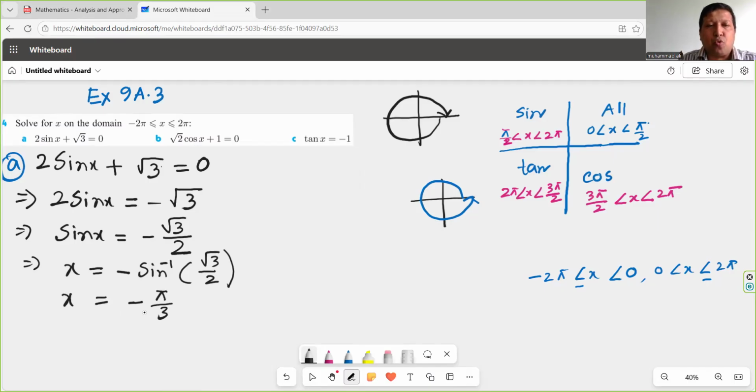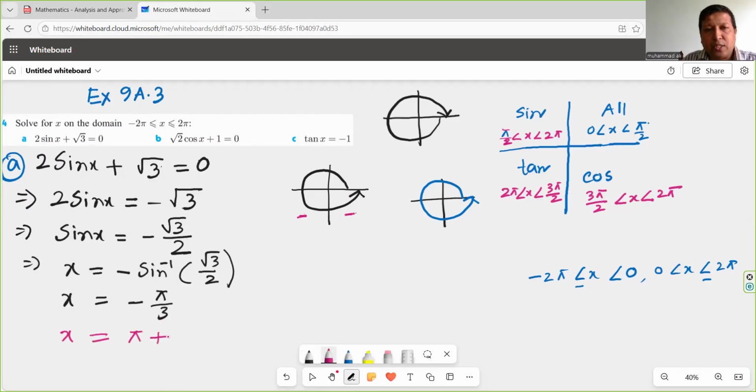So x equals minus pi by 3. This minus indicates that you will search where sine is negative. When you move anti-clockwise, sine is negative in the third quadrant and fourth quadrant. But you have to write the answer in the positive way, because you are considering anti-clockwise 0 to 2 pi. So now, if I want the result in the third quadrant and fourth quadrant, we'll write x equals